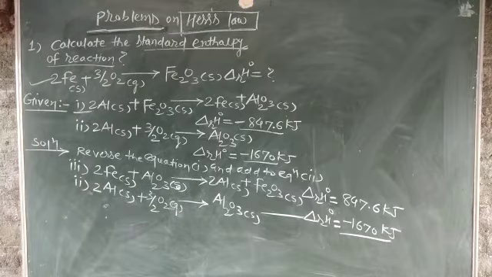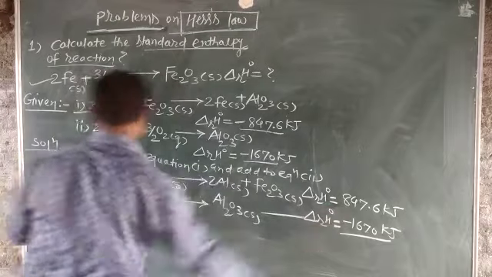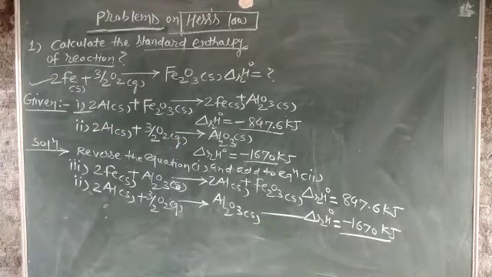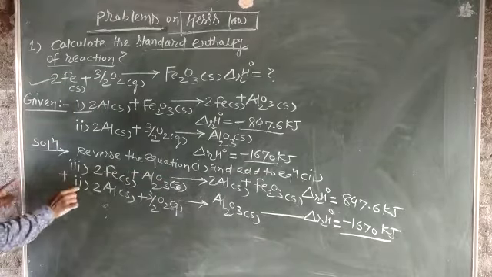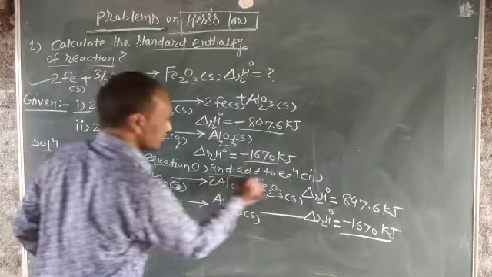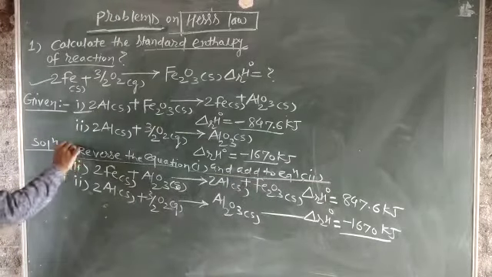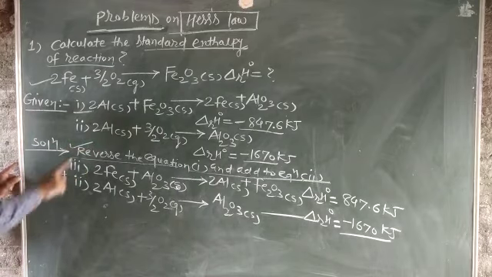If we reverse the equation, जर इक्वेशन रिव्हर्स केला आपण तर मायनस साइन काय झाला? पॉझिटिव्ह झाला. आता आपण काय करू? The next step is now, after reversing, add to equation 1. So we are adding to equation number 1, add to equation number 2. This step is very important. This step, if you write this, you will get the 1 mark for this only.